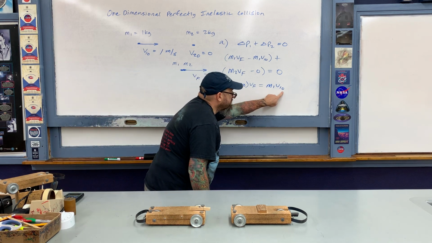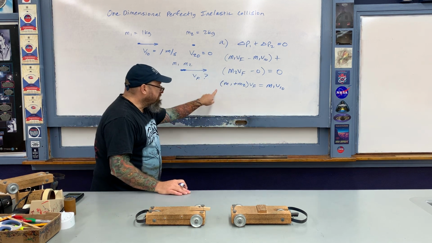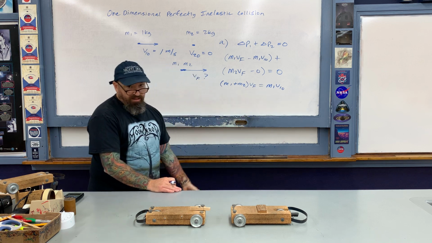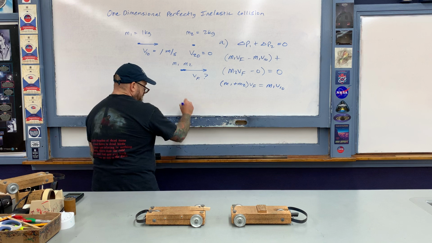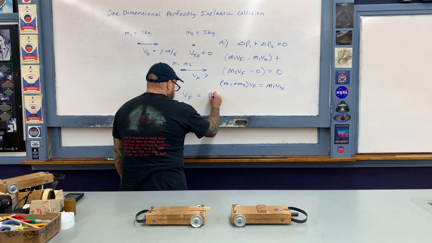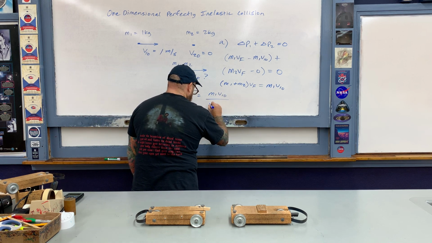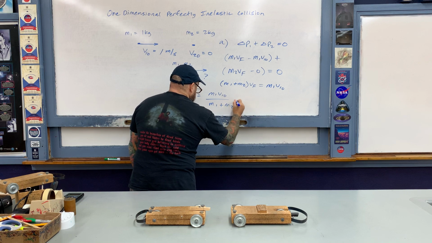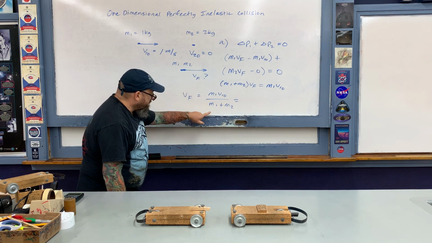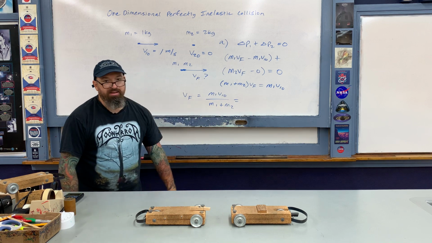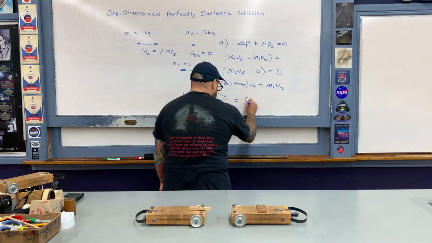All the momentum of the system before the collision is equal to all of the momentum of the system after the collision. And then to solve for V final, let's just divide the parentheses to the other side. Like so, and now we plug in our numbers. So 1 times 1 in the numerator divided by 1 plus 2, so ultimately this ends up being 1/3, or 0.33